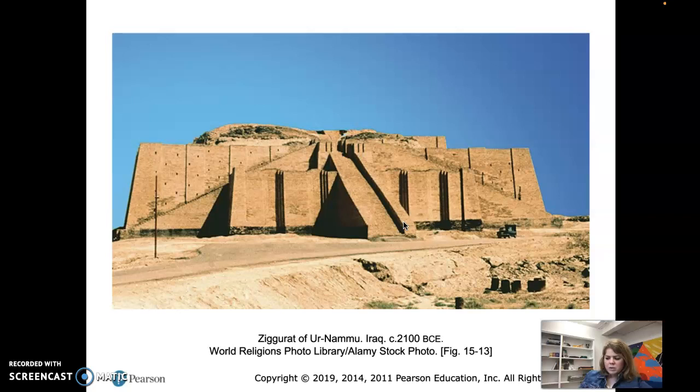So very little Mesopotamian architecture remains because it wasn't built from stone, because they just didn't have stone in this area. So they had to use sun-baked brick, which unfortunately tends to erode over time. Much of the surviving art from Sumer is ritualistic in nature. So we'll take a look at